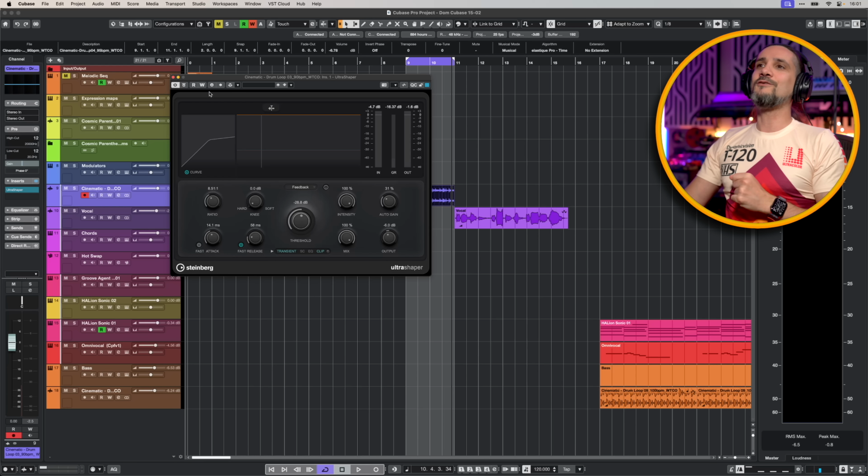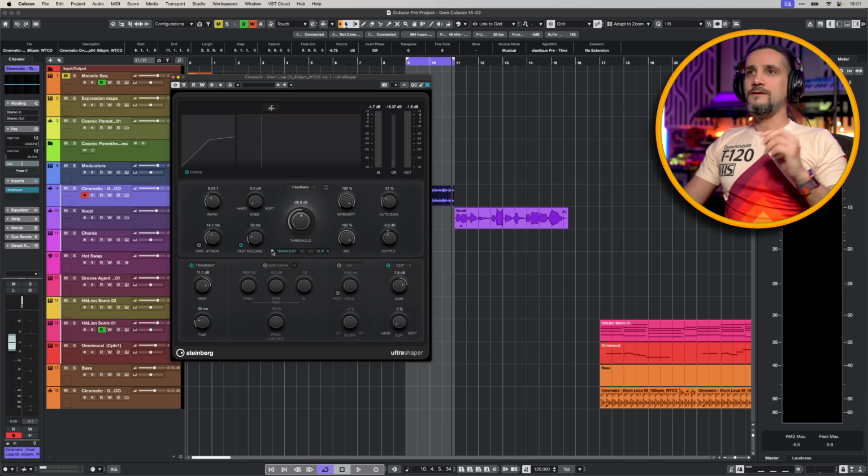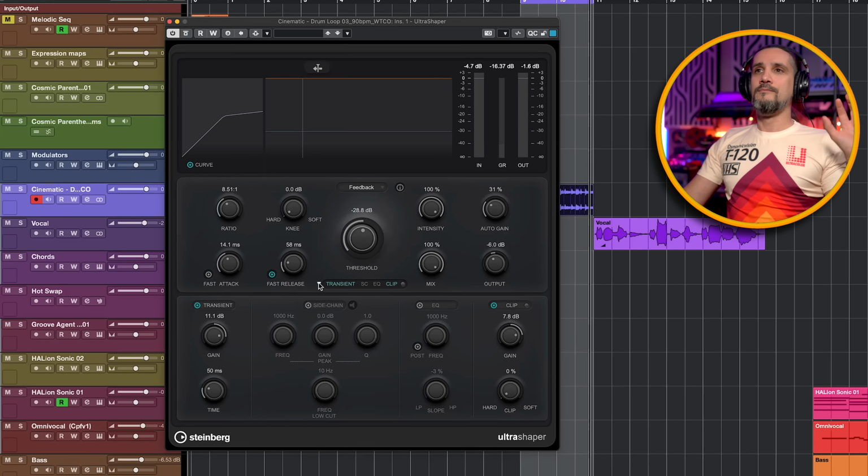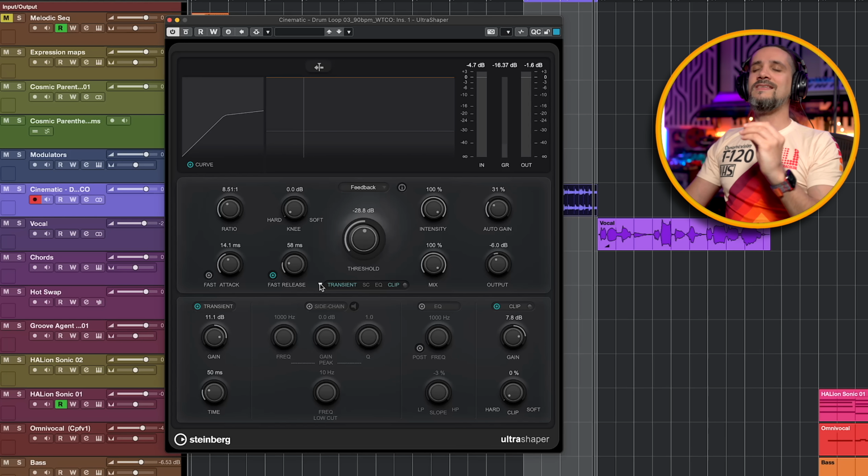I won't have time to show you everything that it does here in this video, but I am definitely going to make a video about UltraShaper in the future because I think it's one of those plugins that is so good. So this is UltraShaper. This is how it looks. You can also expand it and bring up more controls, but one of the things that you need to know